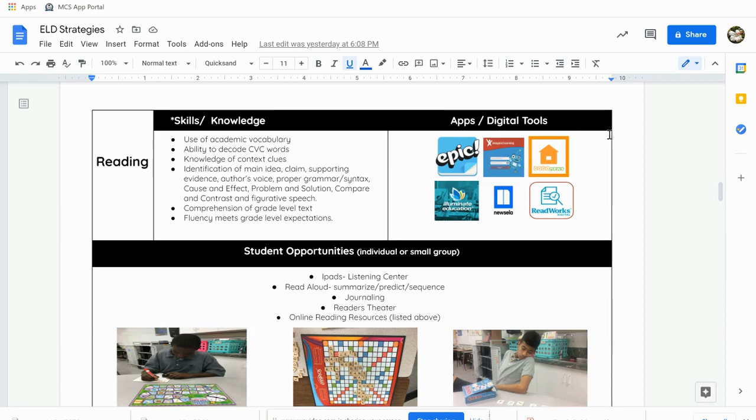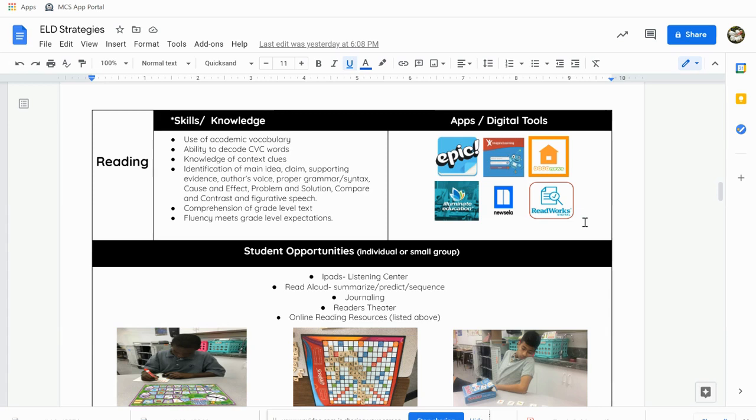Okay. Now, apps and digital tools. This is on the right-hand side. I just leave this here because I often hear of all of these awesome portals, awesome apps that people are using, and then they've said it once and then I forget it. And maybe I have fiddled in it once at a training and it's great, and then I forget about it. So I'm always screenshotting. I'm forever screenshotting awesome things that I find on the internet, especially for education, so that I can come back to it later and use it. That is what this is for.